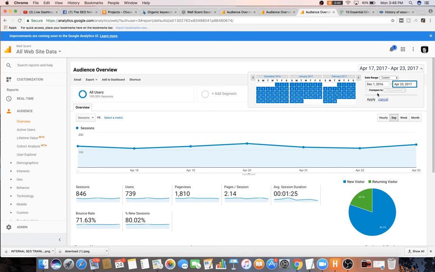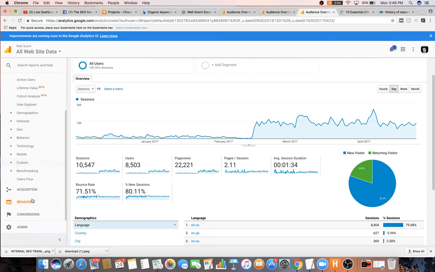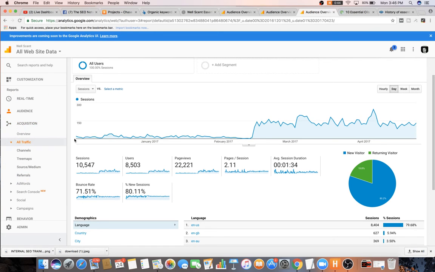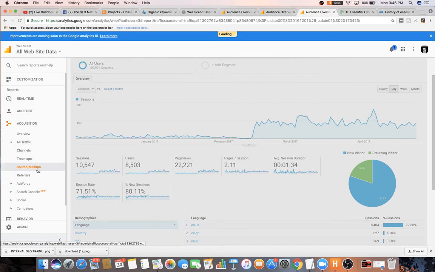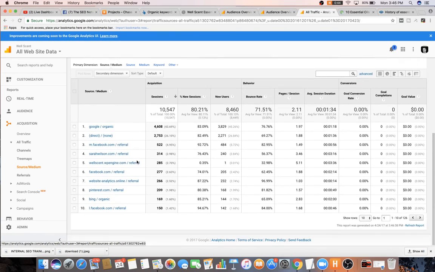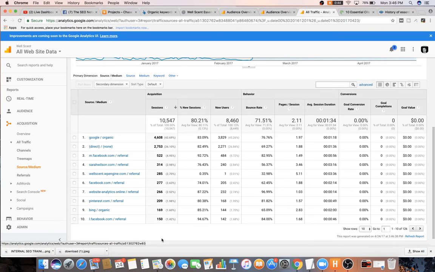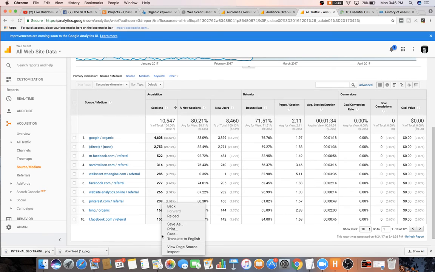Just filter back to here. The first thing I usually look at when I go into analytics, in almost every case, is I'll jump down to acquisition, all traffic, and source medium. The reason is this is the best overview to look at right off the bat, because you get a complete layout of the different channels you're getting traffic from. So like organic, Facebook,